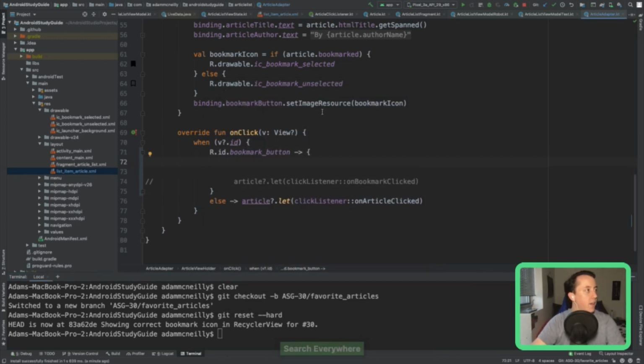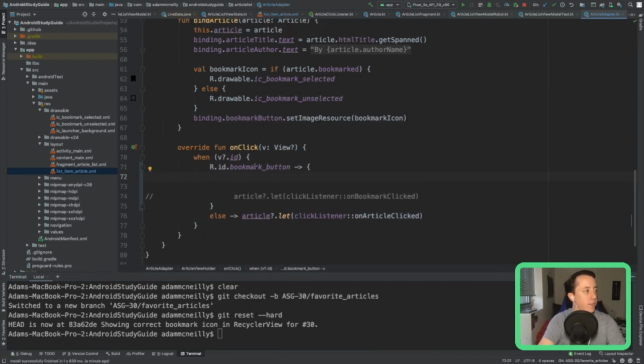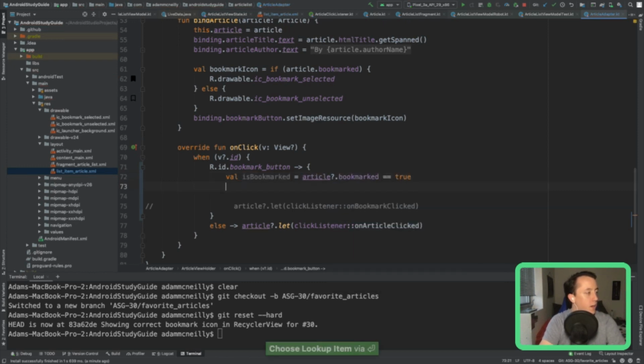And so instead, what we're going to do is say, what do I want to do? Say is bookmarked, we will update the article.